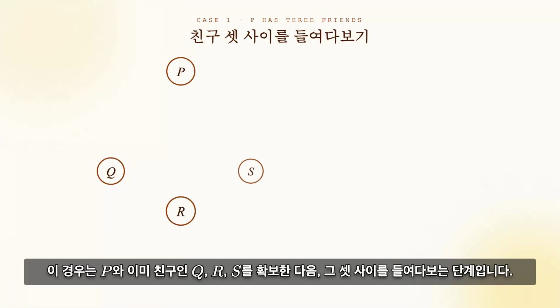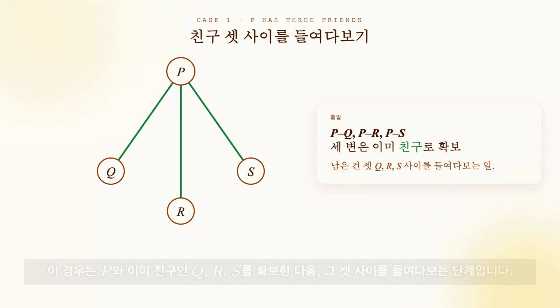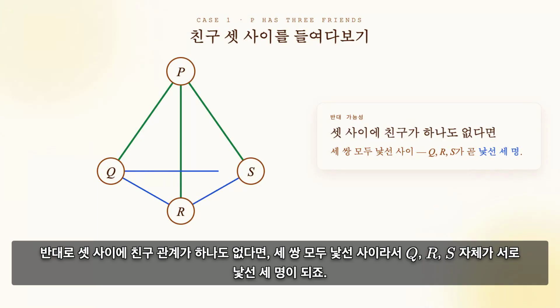이 경우는 P와 이미 친구인 Q, R, 그리고 S를 확보한 다음 그 셋 사이를 들여다보는 단계입니다. Q, R, 그리고 S 중 어느 2명이라도 서로 친구라면 그 둘은 P와도 친구니까 곧바로 친구 3명이 됩니다. 반대로 셋 사이에 친구 관계가 하나도 없다면 셋 쌍 모두 낯선 사이라서 Q, R, 그리고 S 자체가 서로 낯선 3명이